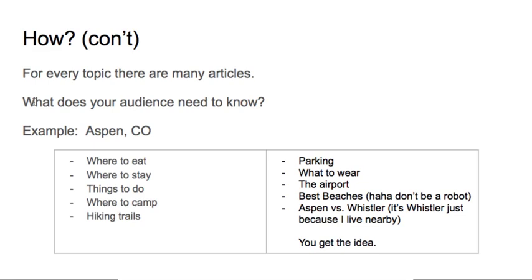All right, Aspen, Colorado. Okay, you're not going to rank for that term, but if you do a good job and look at all the topics, I came up with these in about 45 seconds. I mean, it's pretty obvious. What do people want to know when they're thinking about going to Aspen? All right, where are good places to eat? Where are good places to stay? Things to do. There are sites dedicated to things to do. But here's the thing, right? There are sites that are all about things to do. That's all they cover.